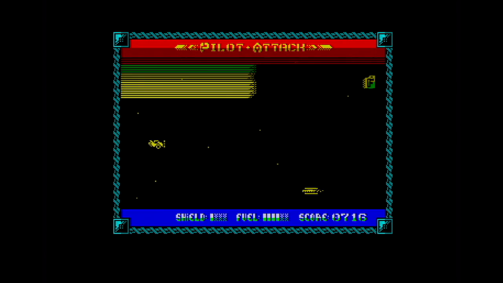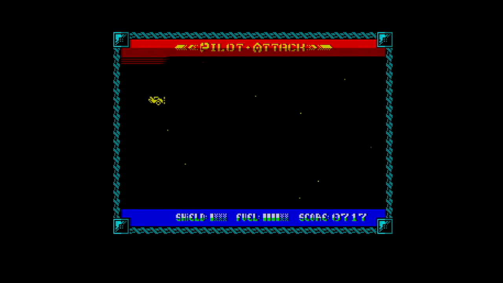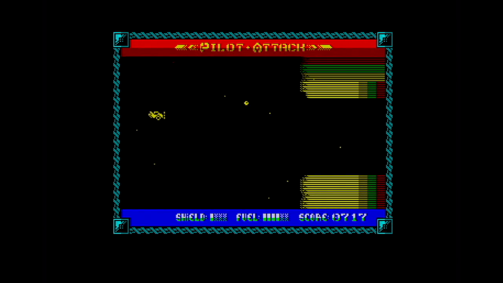I'm down to one shield. So everything hits me, basically I'm dead. I don't know how much further I can get. It's called 717 points so far, so...